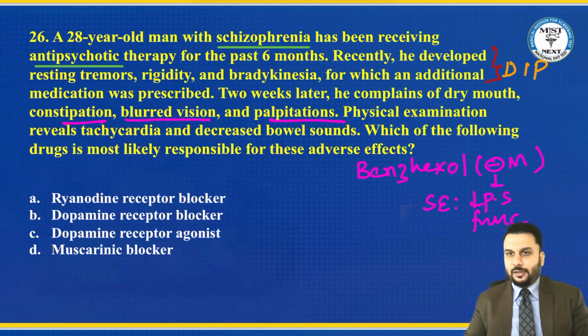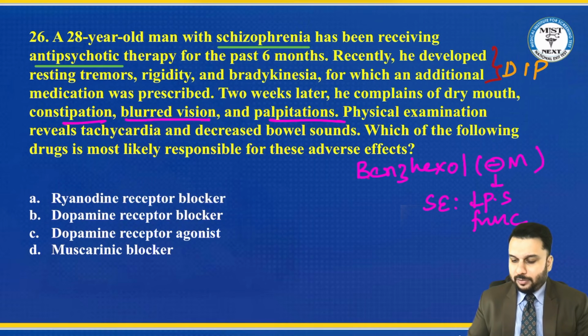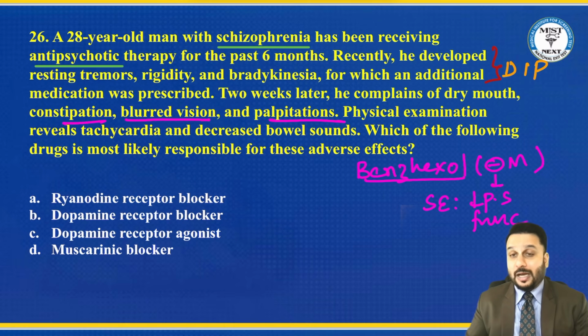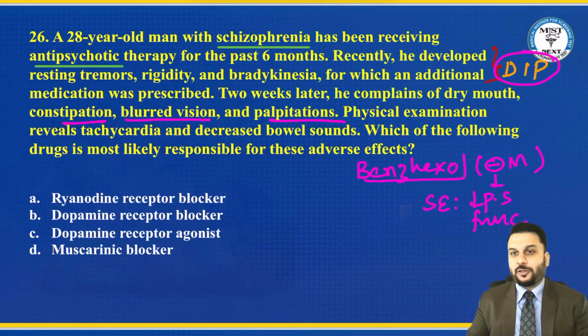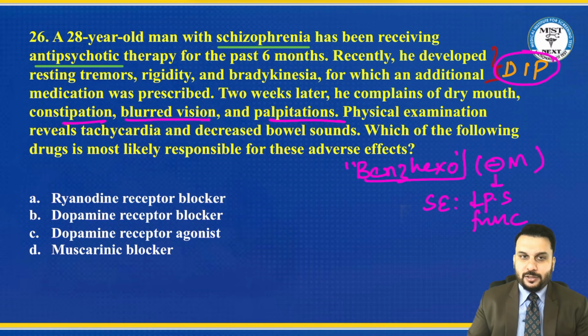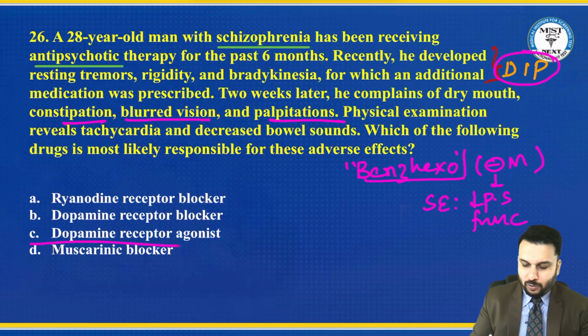Right? So basically this is a patient who was being treated by benzhexol. Sir, these symptoms are not happening due to haloperidol. Haloperidol induced drug-induced Parkinson. You got drug-induced Parkinson. And how did you treat the drug-induced Parkinson? By a drug called benzhexol. Now the benzhexol is causing all the side effects. So how does the benzhexol work? It's a muscarinic blocker.